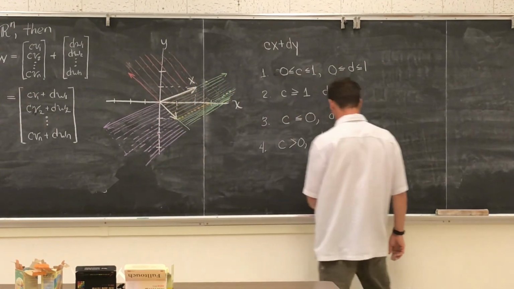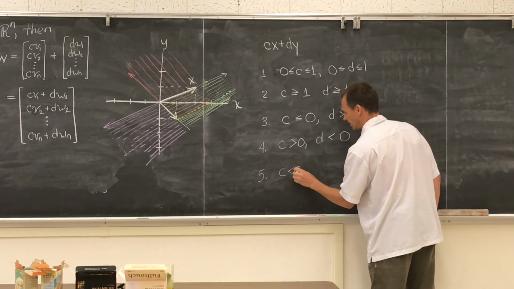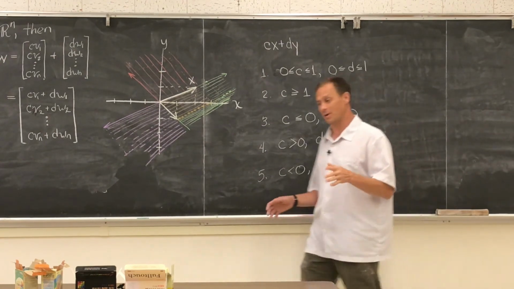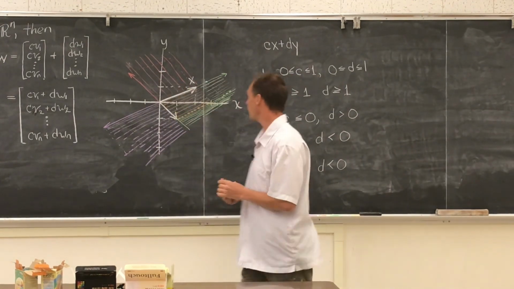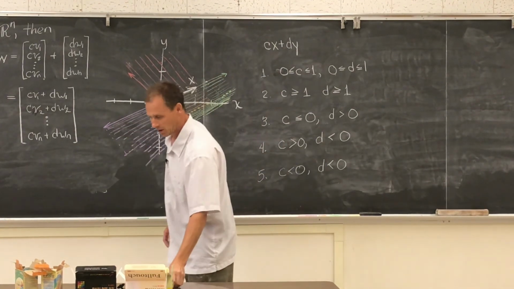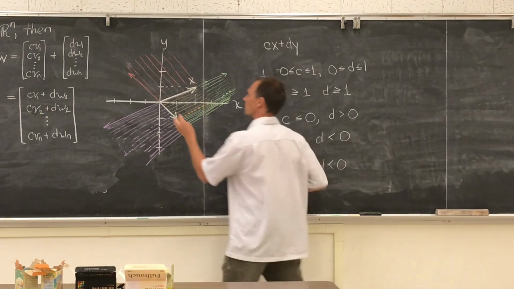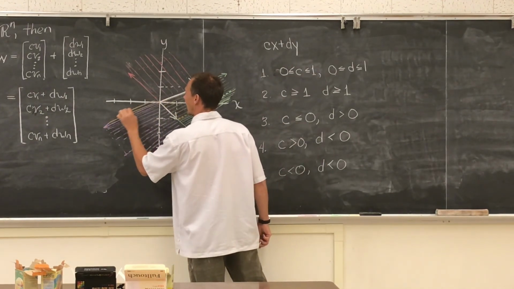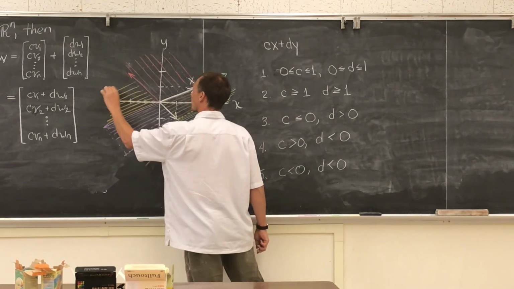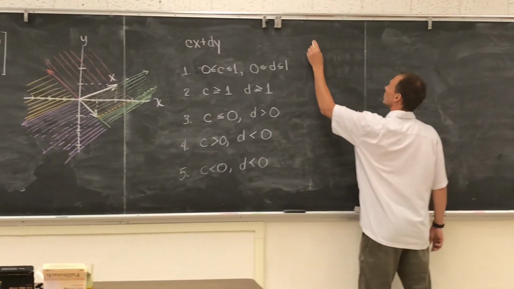And if I try one more, the last piece, if both c and d are less than 0, I can now finish my picture. What have I drawn? Well, those are almost the same color. I'll just use green again, or orange again. I would soon have the last piece. I would have now covered the plane. And that's the big point, that two vectors,